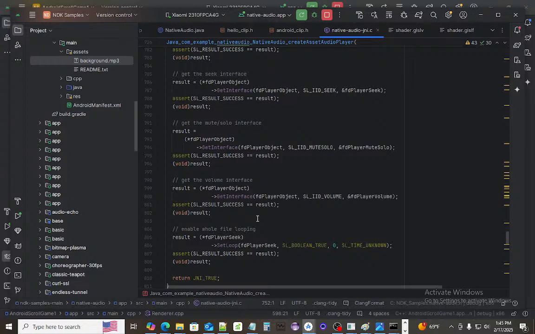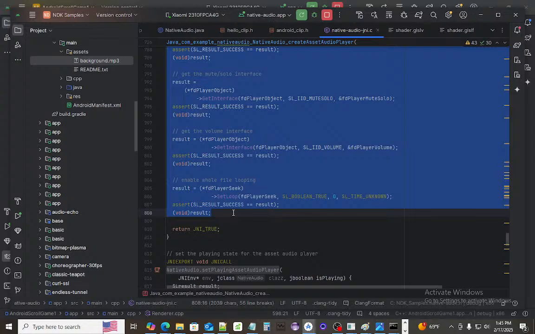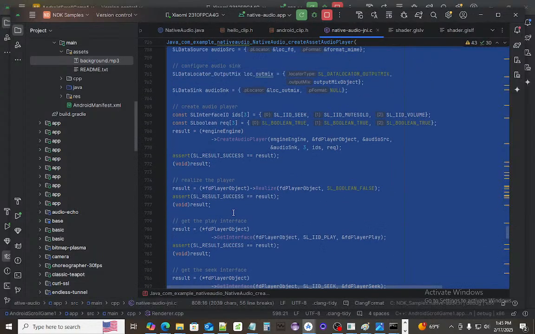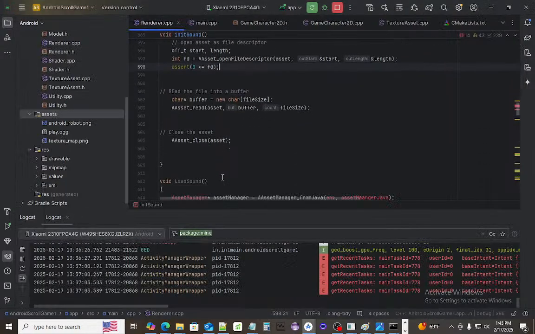Get the volume. Enable whole file looping. JNI return true. So all we need to do here is get the rest of the initialization after that, which is,